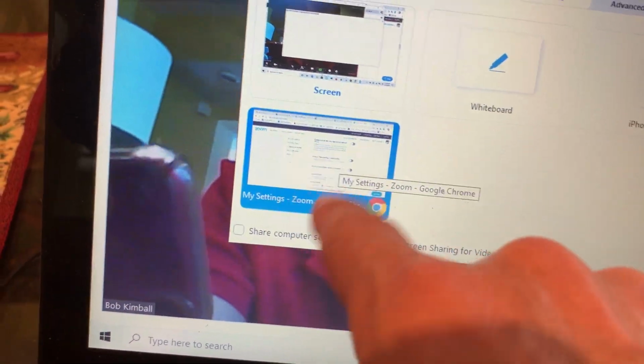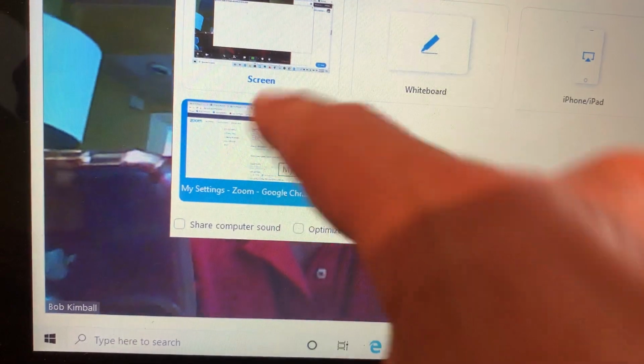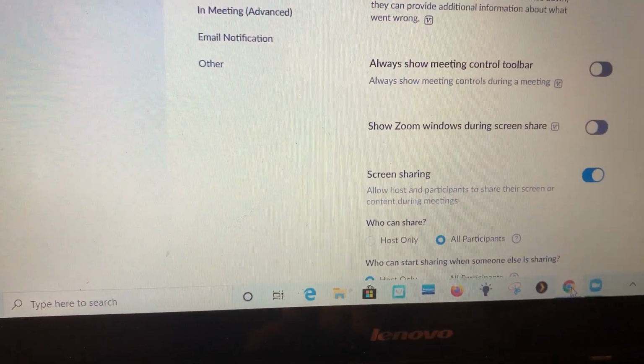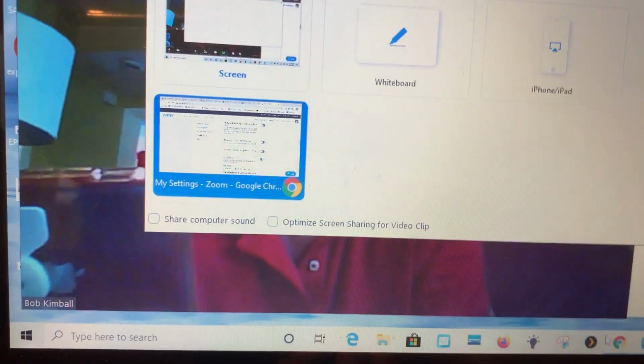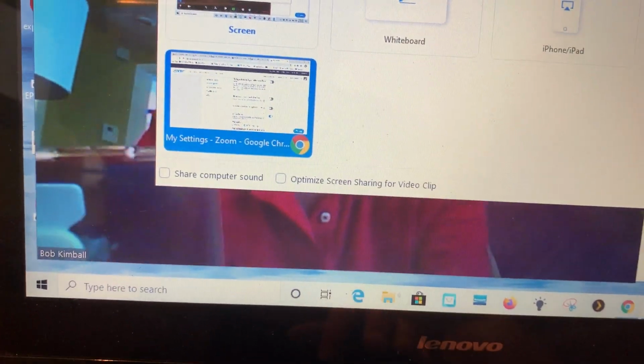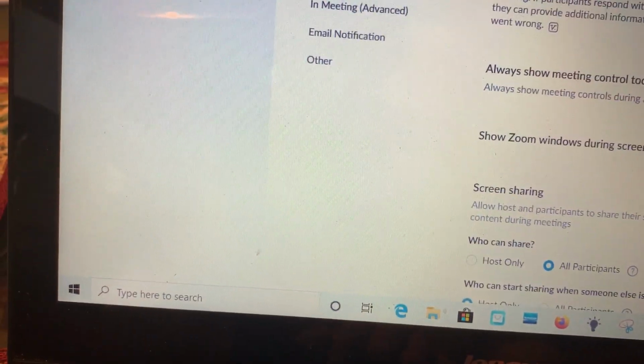Right now, this is actually my web browser. It's where I go to the internet. It's that button there, that program there. And if I had Microsoft Word open or something like that, there would be other icons. So I could just click on that, hit share, and then that'll be the thing on the screen. And if I do hit that and hit share, your